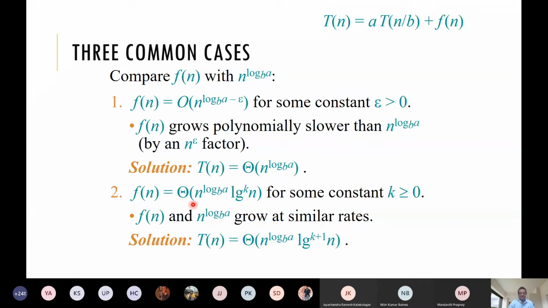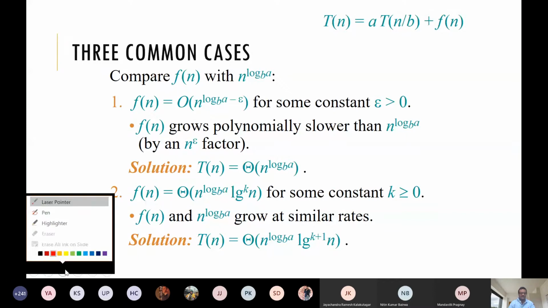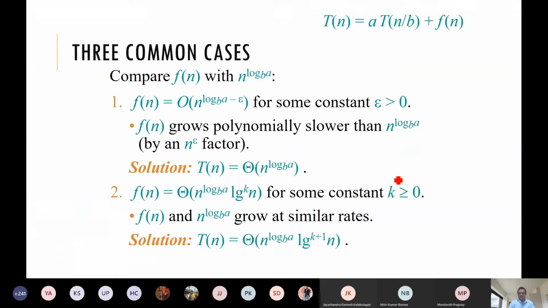Here we have a k log n term, and this is log base 2 of n. Now k here starts from 0, 1, like this. Now if k is 0, then what is this value? If k is 0, this log n won't be there. Then fn is nothing but